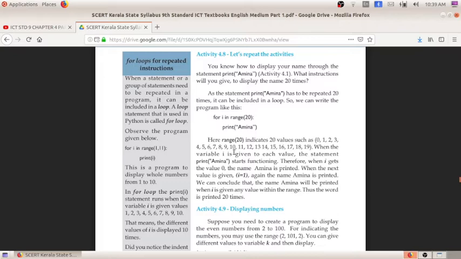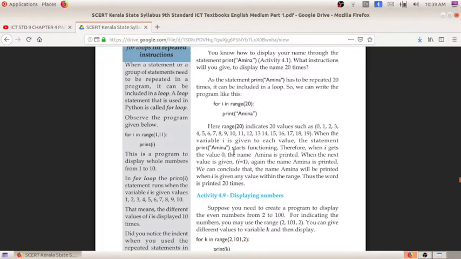Just as with the for loop, we will be using the while loop also: if we have to write the commands repeatedly, instead of writing them repeatedly we can use a loop. In the same way that we have done in the for loop, in the while loop also we will be doing the same thing, but there will be a slight difference. So that is all about the while loop.